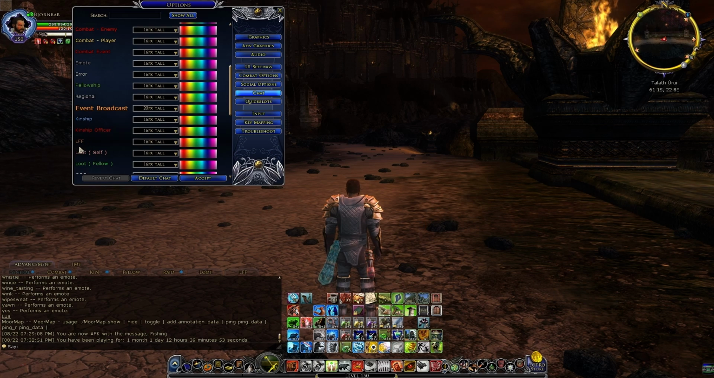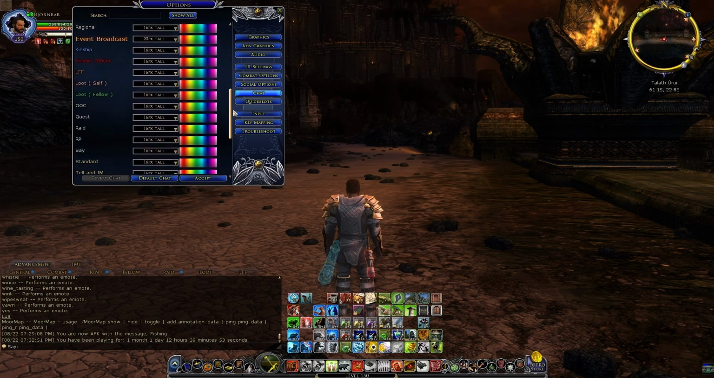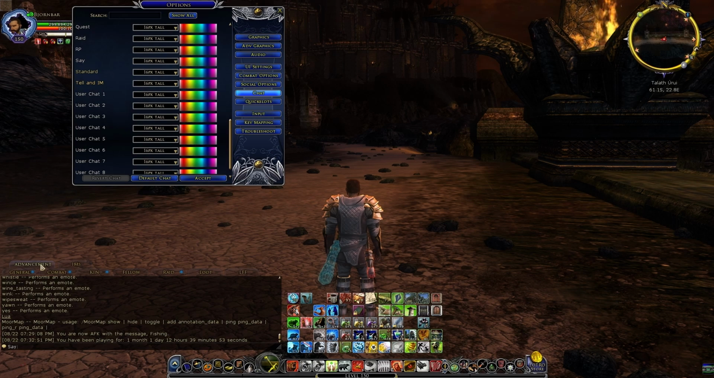Looking for fellowship. That way when I'm in my general tab, it'll pop up brown. I'll know what chat it's coming from. IMs and tells, I have come to its own tab. Advancement stuff, I normally put all the system information that pops in, like, I don't know, like you detected a